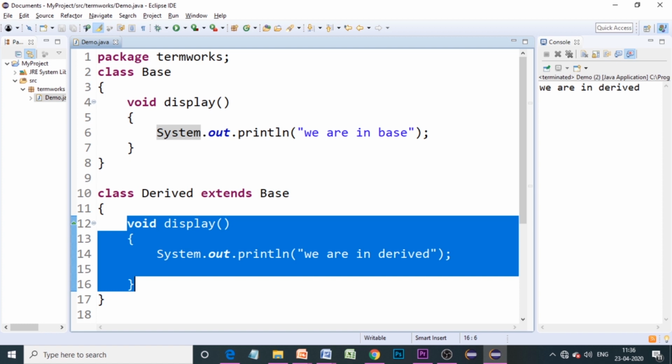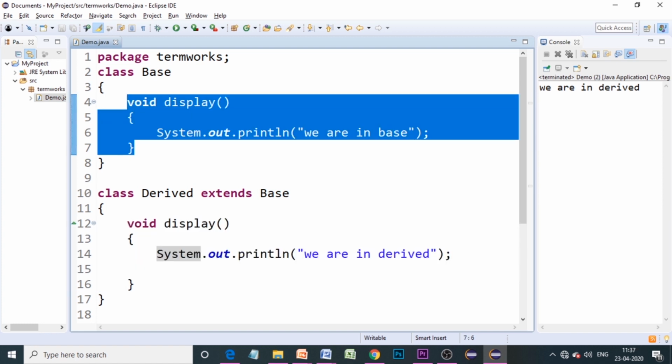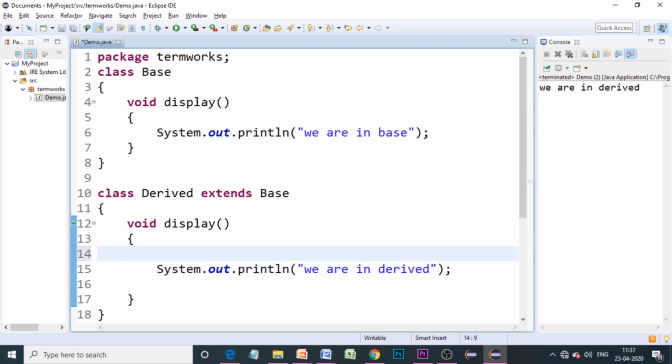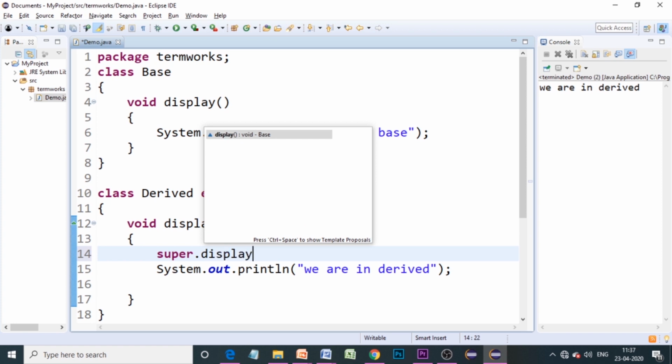I want to get this also to be executed using here. For example, maybe here I would like to call the display method which is there in the base class also. Then you have to do this as super.display.